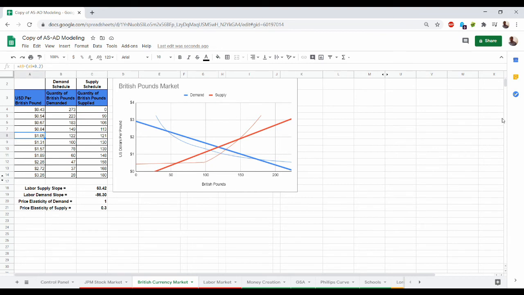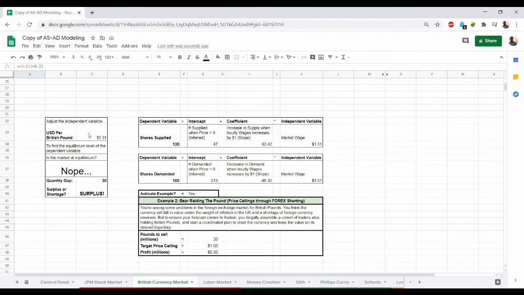And at $1, let's see if we could actually get this market to balance out here. I'm going to change the price in the market to $1.05. We got the shortage. What happens if we hit $1? How about $1? And let's just do like 3 cents or something like that. In any case, the target price, the equilibrium price, is now much closer to $1 than where it was before with $1.31. And the result is that you end up with a profit of $9.3 million from your efforts, because